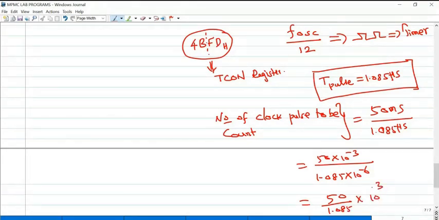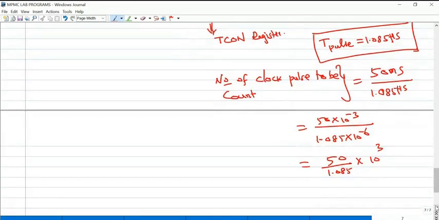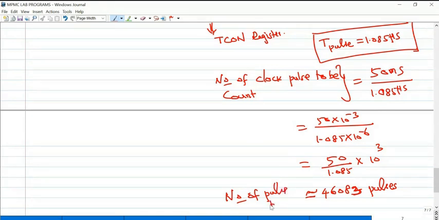So 50 divided by 1.085 gives 46082.9, so keep it as 46083 pulses. This is the number of pulses to be counted.